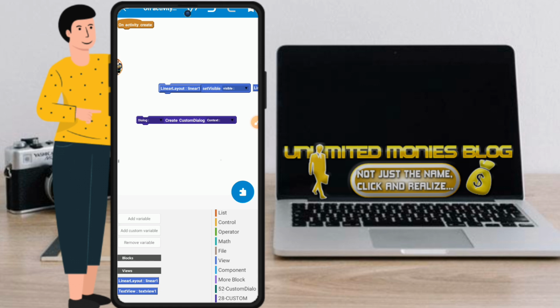Because sometimes you might create a component in the on create section and then move to the more block. The variables that are here will all be able to appear in that same area, so that you can make use of them anywhere you are. So that is the difference between a custom variable and